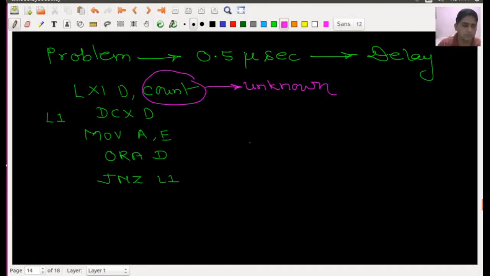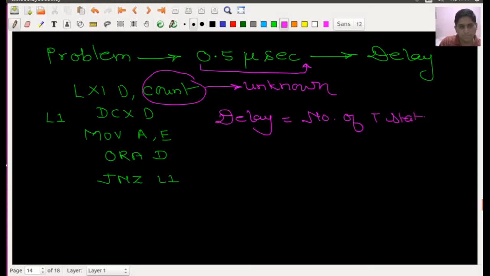Okay, so I know that this problem is given to me. So how can I proceed for this? We can go for the delay calculation. The delay can be given as number of t states into 1 upon operating frequency of the microprocessor.